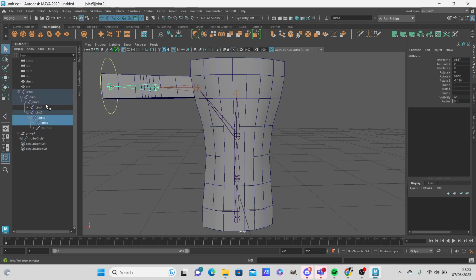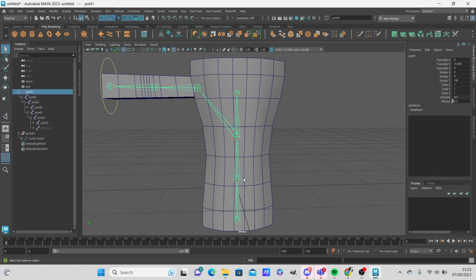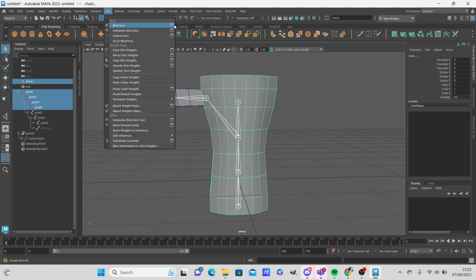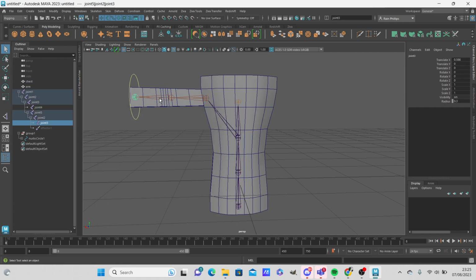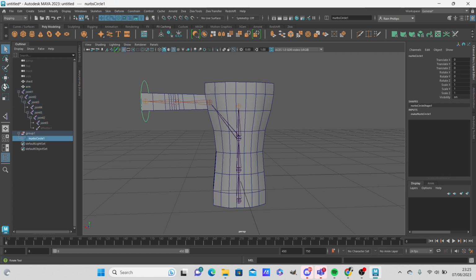So I can just select the joints here, take off the skin, geo, select the joints, select the torso, skin, selected joints, so joint hierarchy doesn't matter. Closest distance, 5. And I click the joints for the arm. I skin those. So now when I move the arm, it's attached to the same skeleton, but it's moving independently,